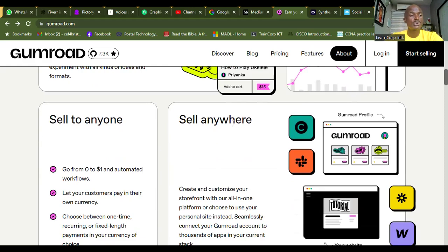So you can write your book, translate it to German, Mandarin, French, Spanish, and put it out there. You don't even need to know how to write it, it will translate it for you.